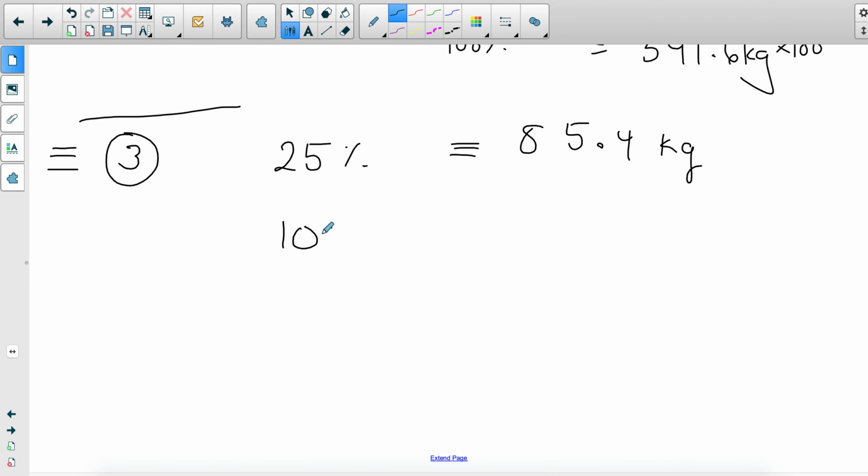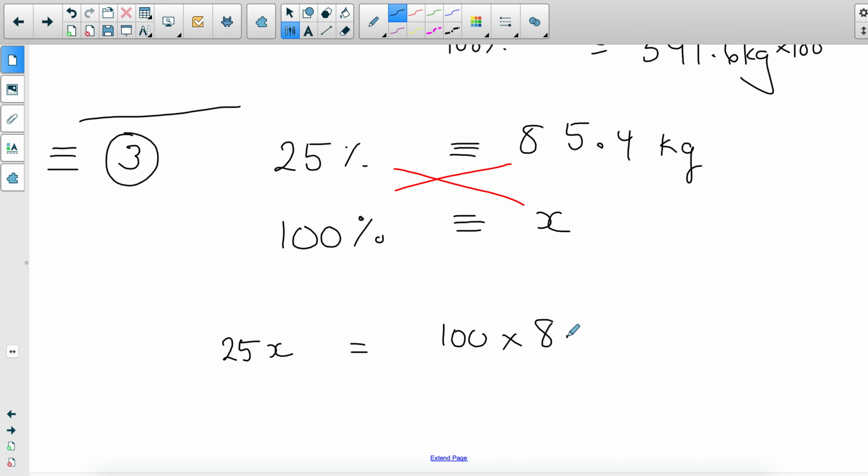Then I'm going to ask myself, well, what is 100% equivalent to? And I'm going to represent this by x. And again, this method, just like the previous one, can be used with any percentage. So let's say they said 25 and then you want the 10% or the 13th percent. You can easily put the number here instead. And once you've done this equivalency, all you'll have to do is cross multiply. And so we get to 25x is equal to 100 times 85.4. And it's good if you spotted that we're back to method 1 by now,